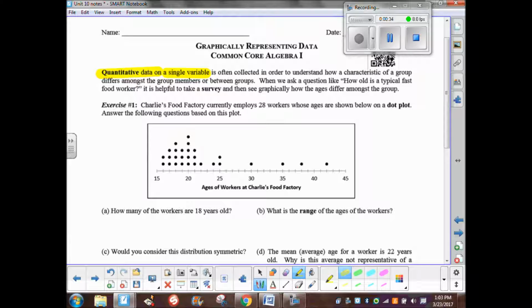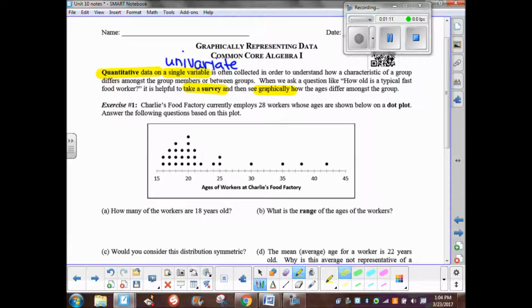Later on in the chapter, we're still going to be talking about quantitative data, numbers, but then we'll bring in another variable. We're talking about bivariate data. So right now, single variable, univariate. Okay? One variable is often collected in order to understand how a characteristic of a group differs amongst the group members or between groups. When we ask a question like, how old is a typical fast food worker, it is helpful to take a survey